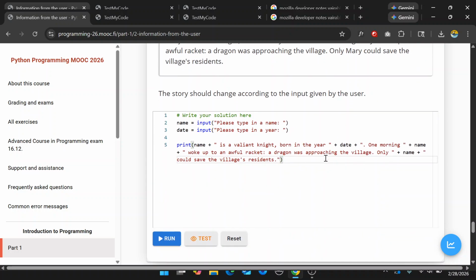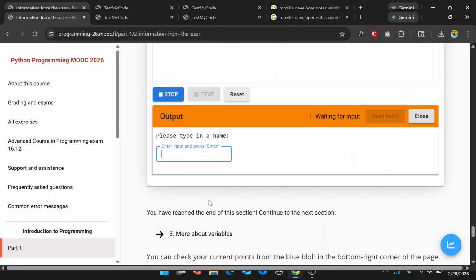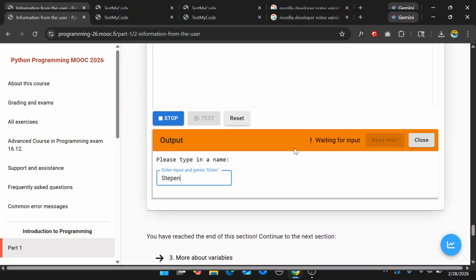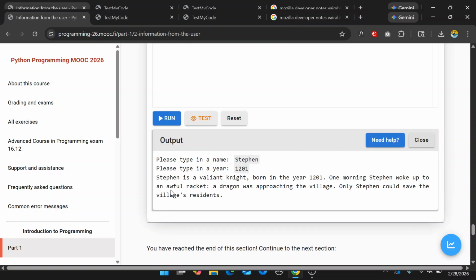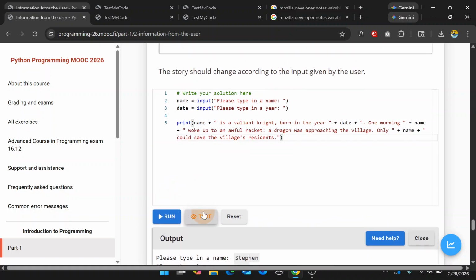And now, when we run, please type in a name. I'll put in my name. We'll type in the year. I don't know, 1201. Stefan is a valiant knight, born in the year 1201. One morning, Stefan woke up to an awful racket. A dragon was approaching the village. Only Stefan could save the village's residents. So if we run our tests,